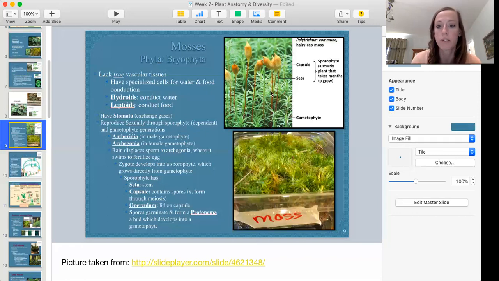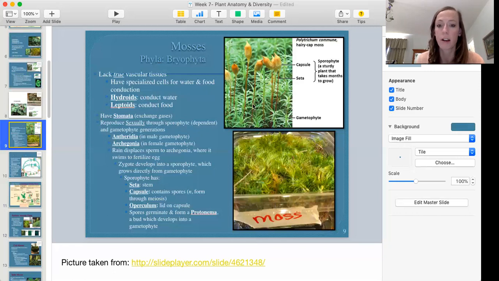So if you see the stalk growing out of one, you can identify right away that that is from a female gametophyte, because we're still using the same mechanism that we talked about with the liverworts. Water is going to allow for the movement of sperm to the egg, which will have to then be fertilized to produce the sporophyte,